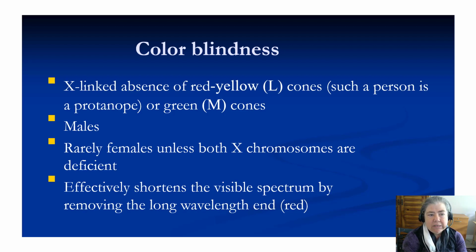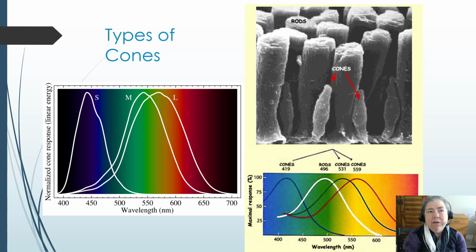Mothers, women are carriers, and the only women who are protanopes, who have this red-green color blindness, are women who've inherited a faulty X chromosome from both parents so that they have a complete absence of the L cones. And it removes the long wavelengths, the red primarily. So it shortens the visual spectrum, and these people have a really hard time distinguishing between red and green,